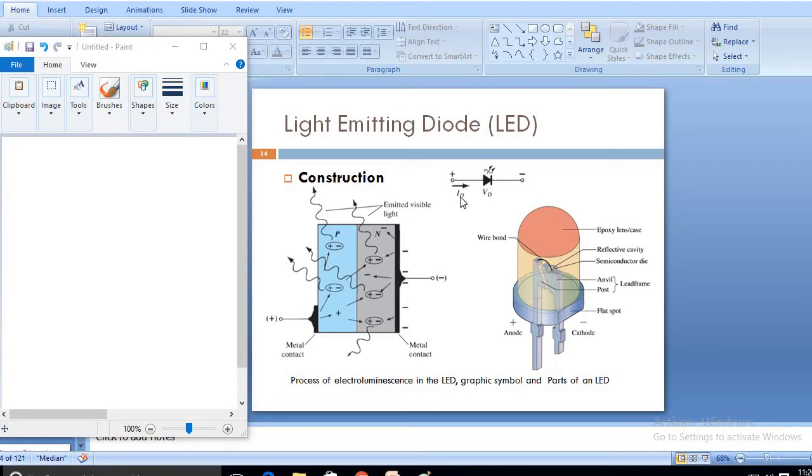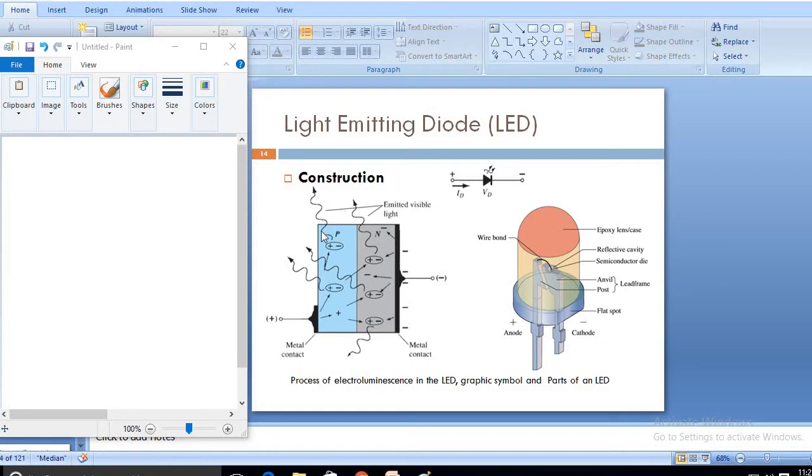This is the diode in forward bias condition, meaning current flows in this direction. This is also the internal structure of the light emitting diode, and this is not required. You should remember these things. If the construction of the LED is asked in the examination, we have to explain these things. Again I am explaining this construction part. We will see it once. When the diode is in forward bias condition, the current flows in this direction,